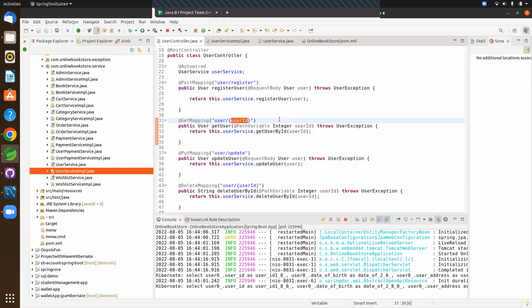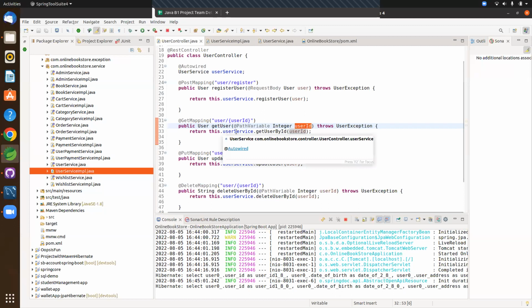So look at the annotation you used. It is PathVariable. You are not extracting the data from the body, you are extracting the data from the URL. Okay? Yes, sir. Please continue. What happens next? And we have the service implementation. So see, in line number 32, you got the ID because you wrote PathVariable. You got the ID there. Then what will happen? What is the next line you want to execute?